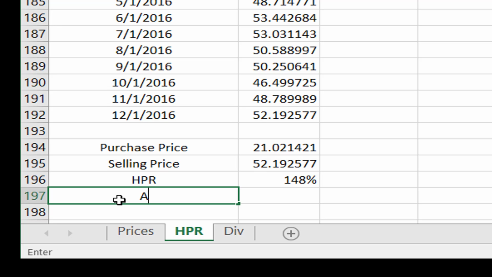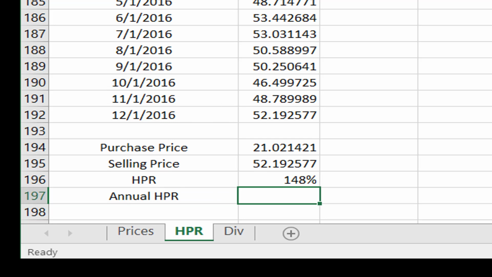Similarly, you can also compute annual holding period return. And how would you compute annual holding period return? The one you just computed is the overall holding period return. And if you want to compute annual holding period return, you simply would do this. You have your holding period return, right? So that would be 1 plus your holding period return, to the power of 1 over the number of years. So we have 16 years here. That would be 1 over 16, all right, minus 1. So if you do this, that gives us the annual holding period return, which is